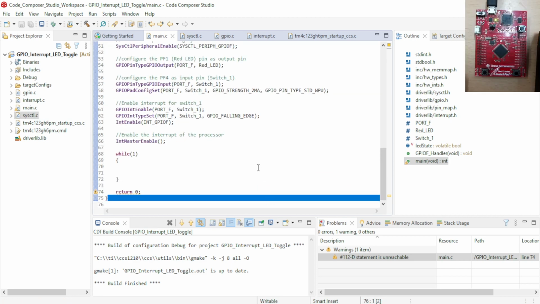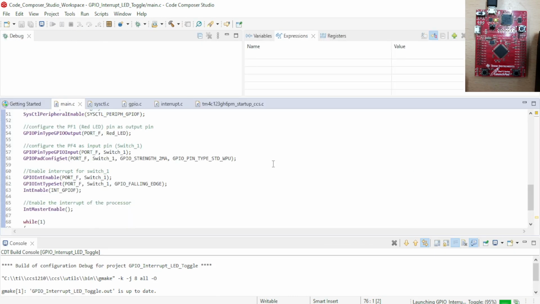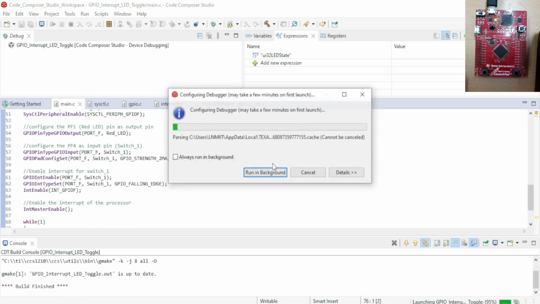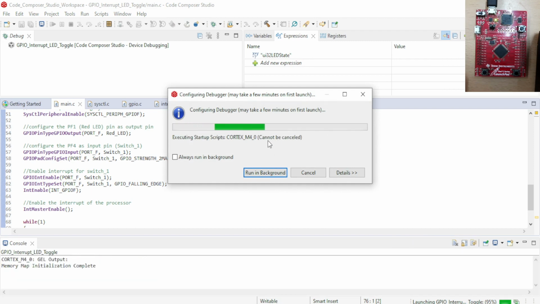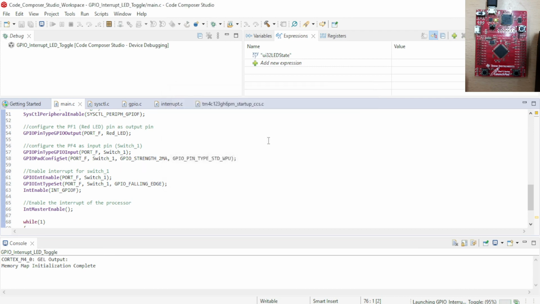I believe now you can see the camera on top right, and let me flash the program. So click on this flash button and it will load the program to the microcontroller. Okay, the program has been flashed,